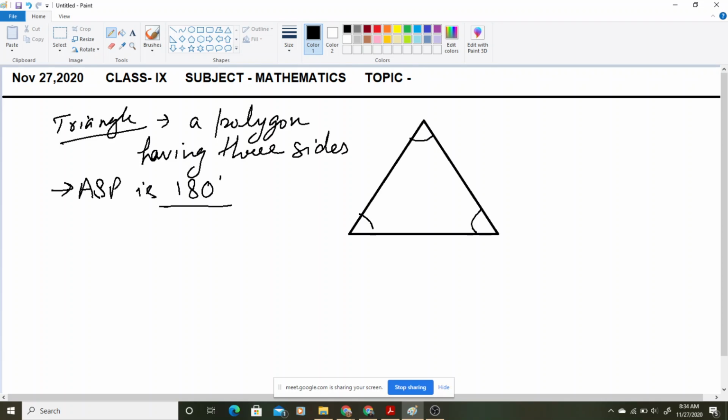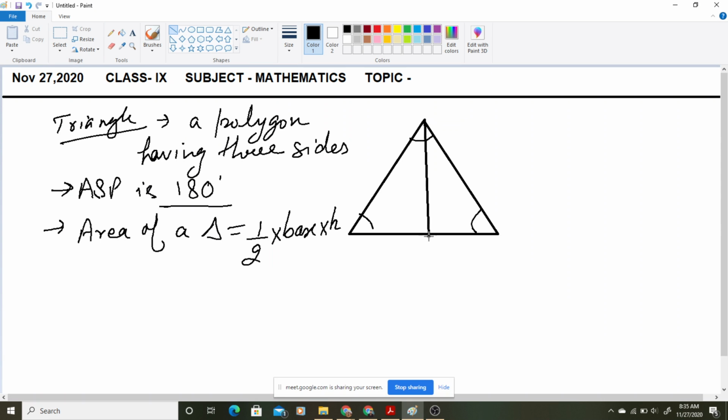Then we come to our topic, what is the area of the triangle? How do you find the area of a triangle? So Shubham, would you like to answer how we find the area of a triangle? Okay, suppose I am taking one of the heights of a triangle as this one. You know that is perpendicular to a side. That is the height. We can take this one as height and this one we are taking as base. So we take the area of a triangle as base into height.